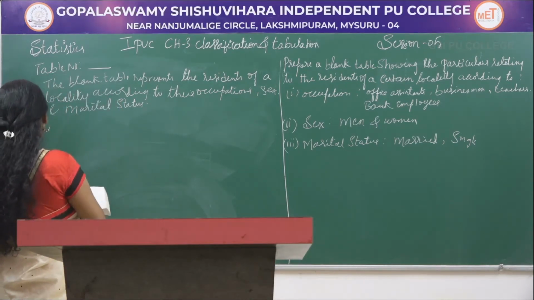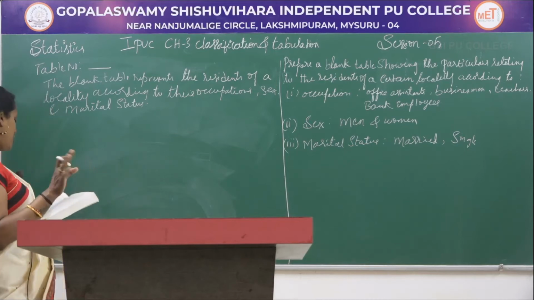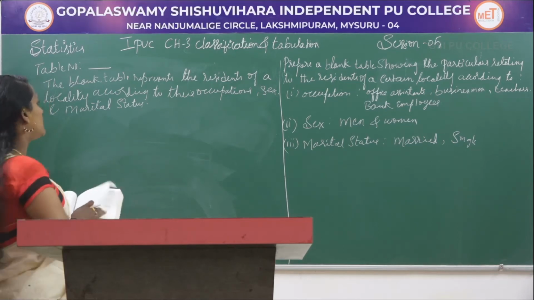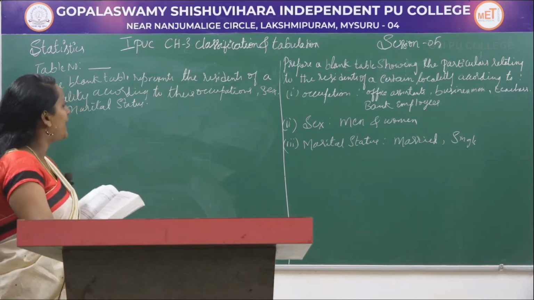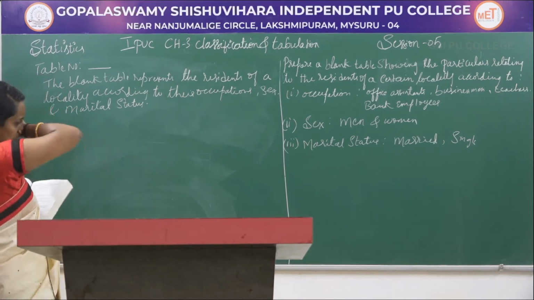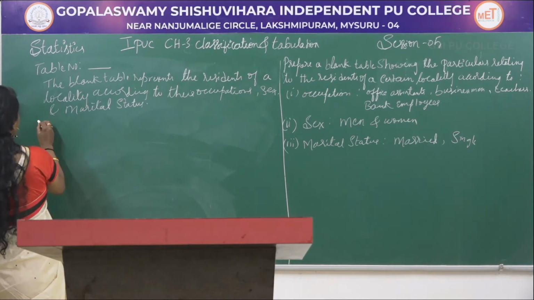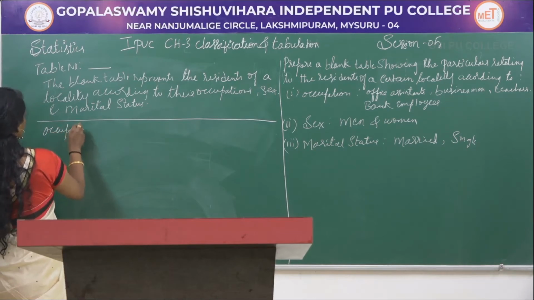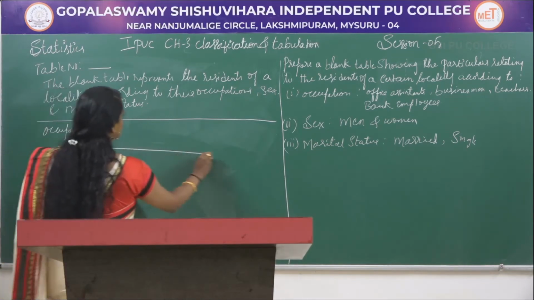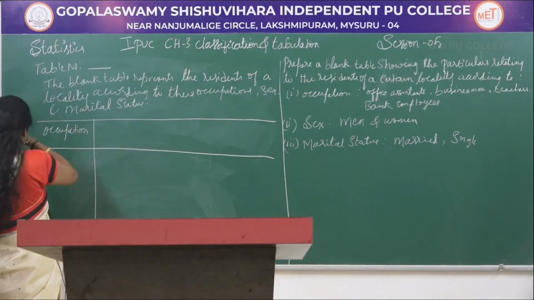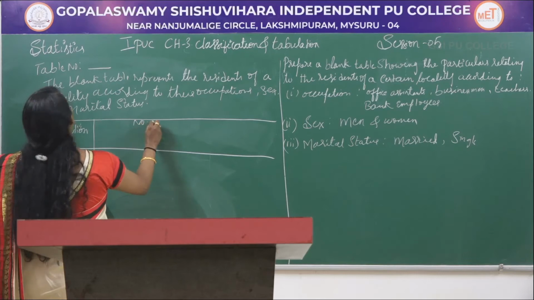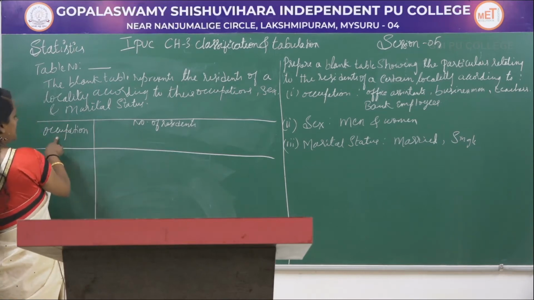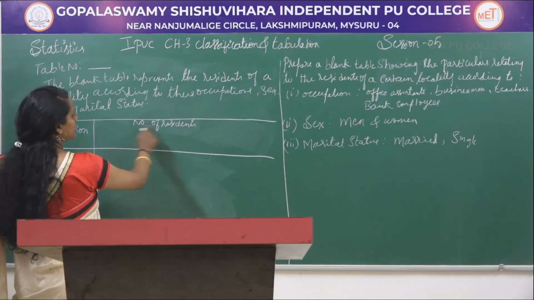Next we have to draft the table. We don't have any headnote or footnote. Next is stub or row heading. In row heading, occupation should come. So this is the row heading, occupation. And in column headings, it is number of residents. In row heading, stub, it is occupations, and column heading, caption, it is number of residents.